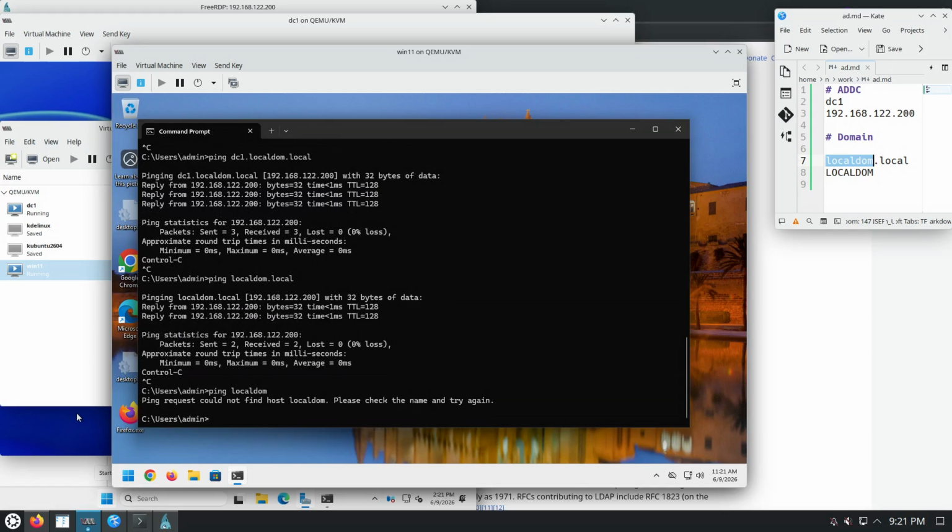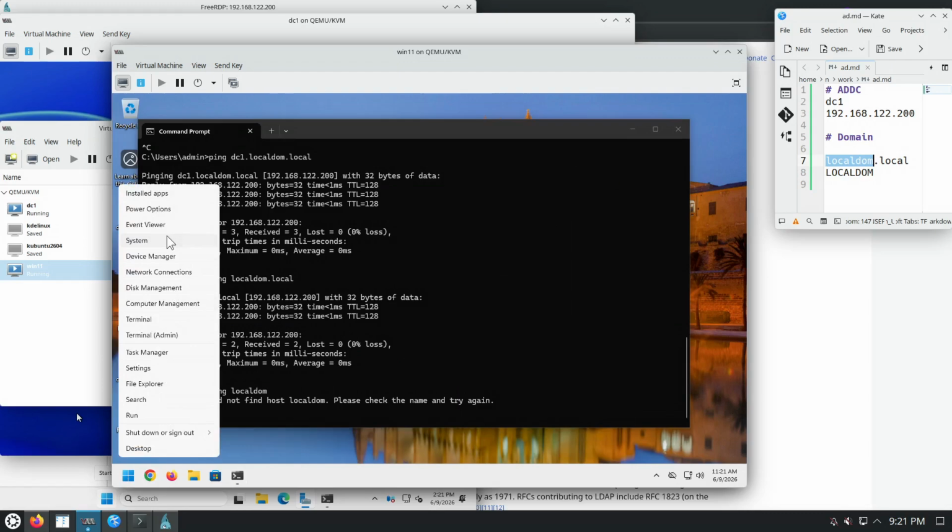This one doesn't work, but if something doesn't work on this computer because you cannot ping local DOM, the fix is to add an etc hosts line. But we should be good for what we want at this point, which is to join this Windows 11 computer to the Windows Server 2025 domain. So right click on the start menu, system,